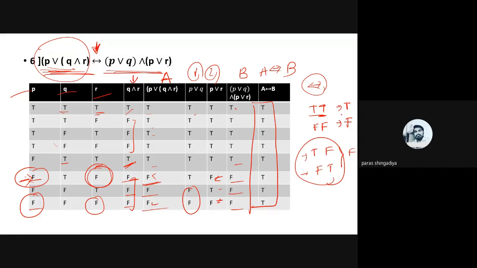If both are T, then it will be T, and if both are false, then it will be true. Sorry, that is a T here. And in the TF and FT cases it will be false. Both F, then T, and both T, then T, and in the remaining cases TF and FT, it will be false. Good. So this is a tautology. All these values are in the form of T. Clear? And you can also verify this. So this example is the counter example of a tautology.